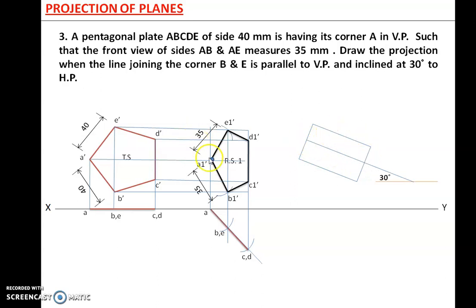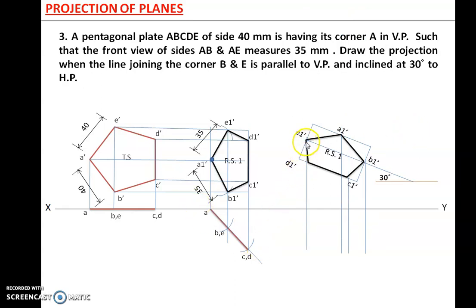Now on this you can find A1 B1 C1 D1 E1 with the help of a compass. You can mark all those points. Once you have got these points, you join them by a dark line. So I have redrawn this reduced shape by inclining B1 E1 at an angle of 30 degrees. You can draw it in this way, or you can incline it the other way also. If you take the 30 degrees on the right side, it will give you the same reduced shape. Once you have got all these 5 points, project these points in the top view.